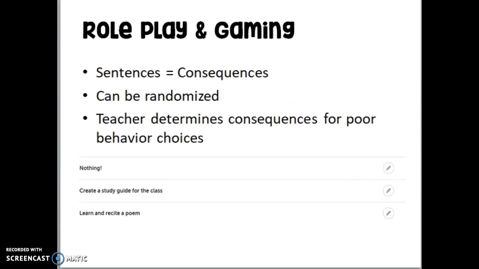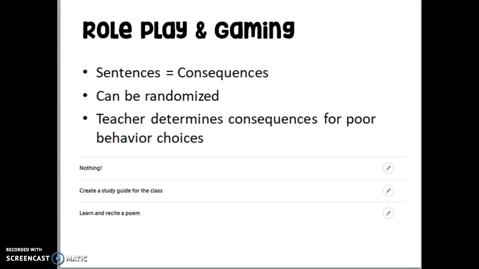Now, here's where the consequences come into play. They can get sentenced, and it can be completely random sometimes. You might just do a random event and they get hit with a loss of 25 points each, or a loss of 25 points per team. But then you can also have individual consequences for different behaviors. And it can be random as well. So they might have to, if they